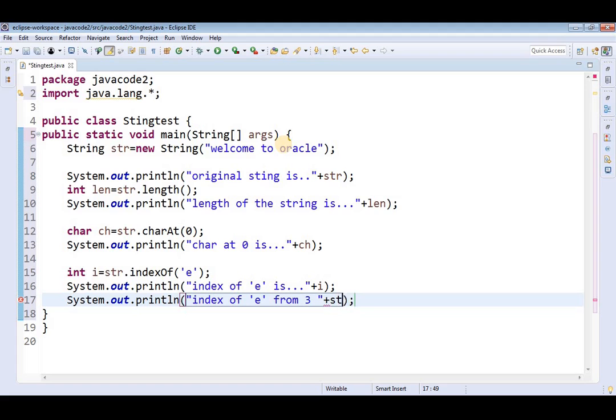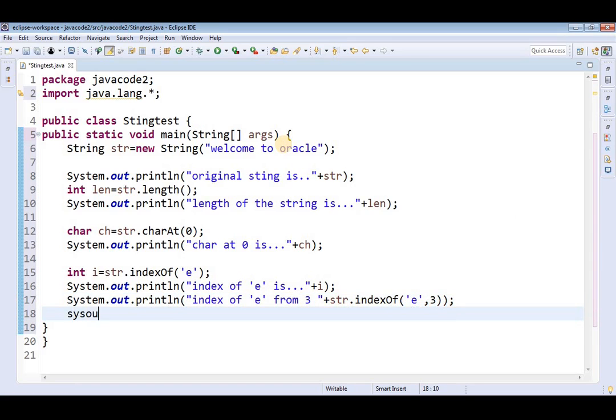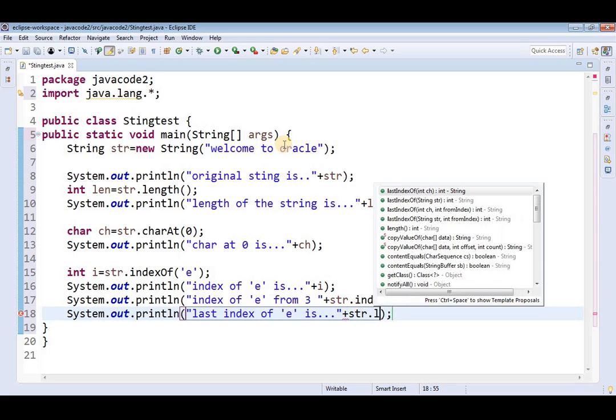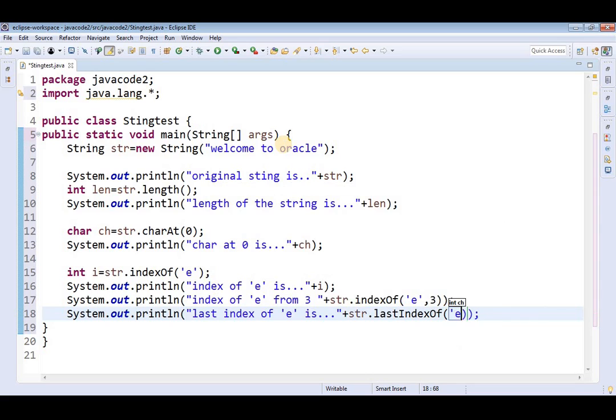So use str dot indexOf e comma 3. Later I am using the lastIndexOf method, last index of e is plus str dot lastIndexOf e.